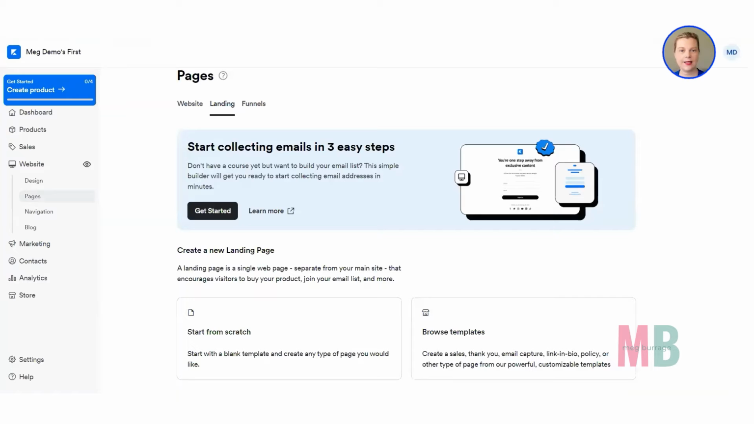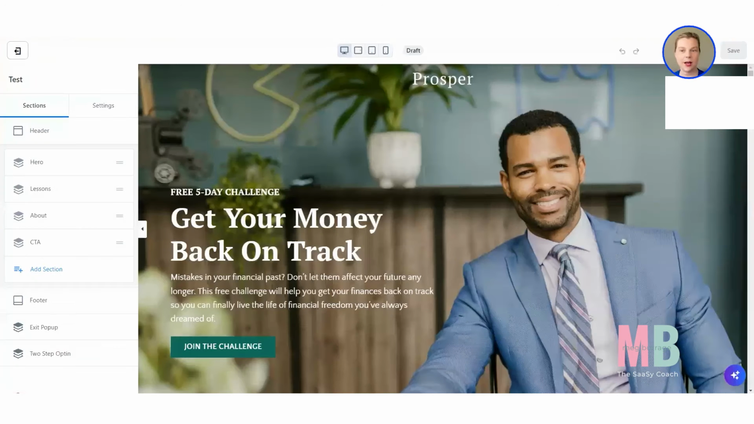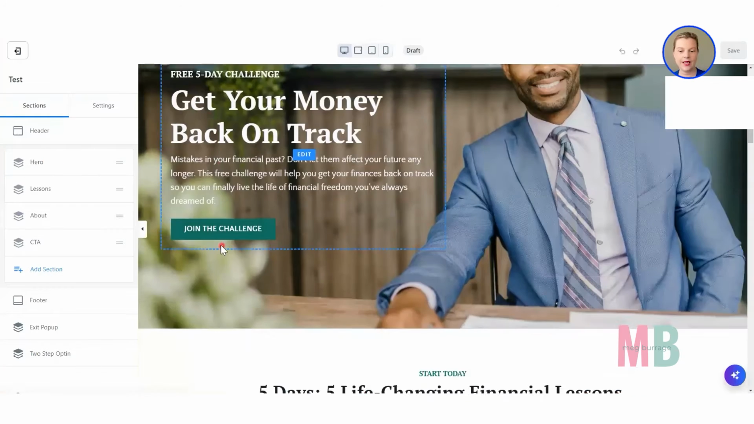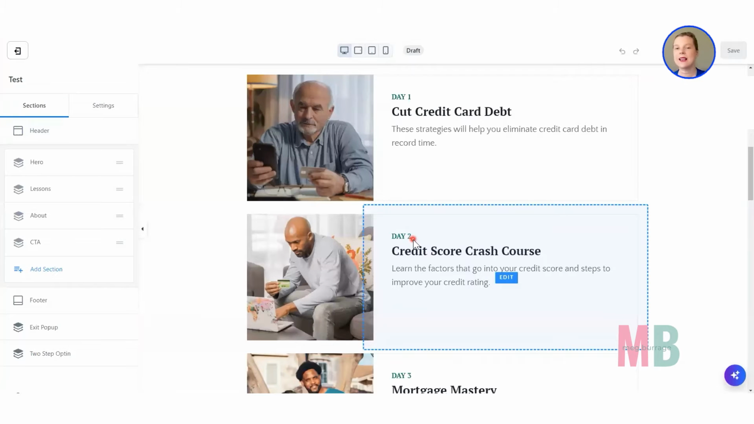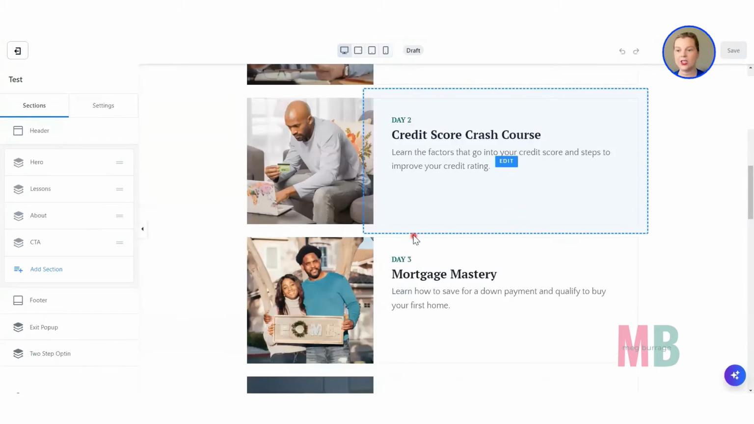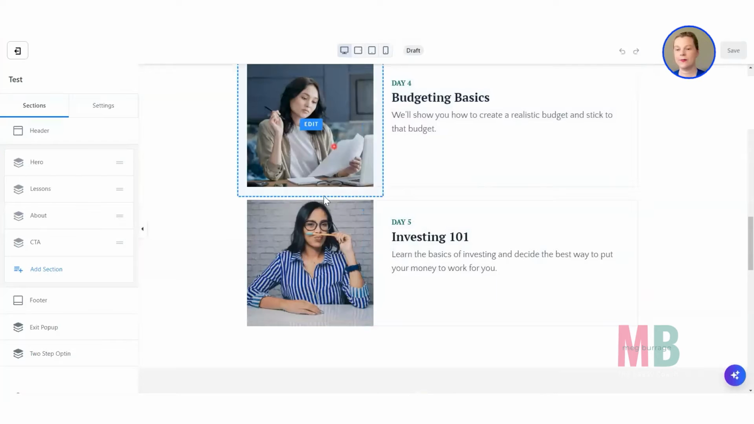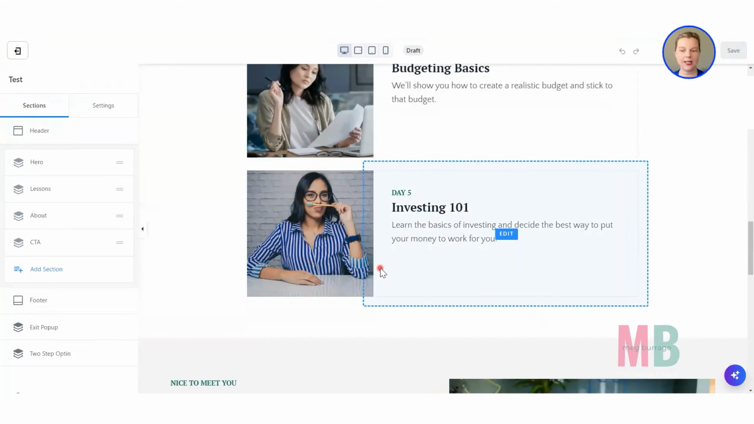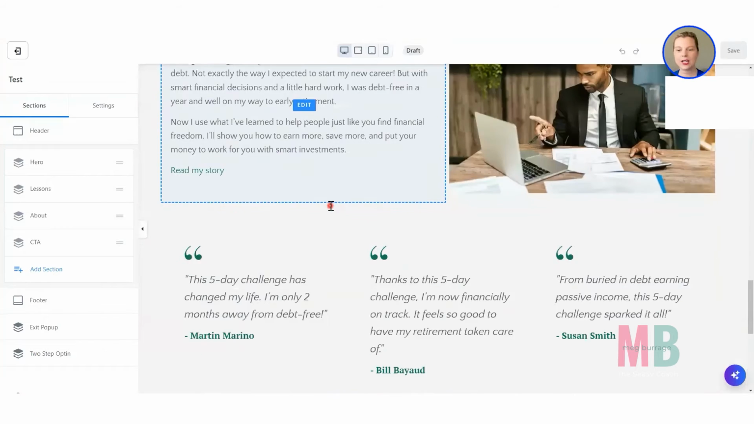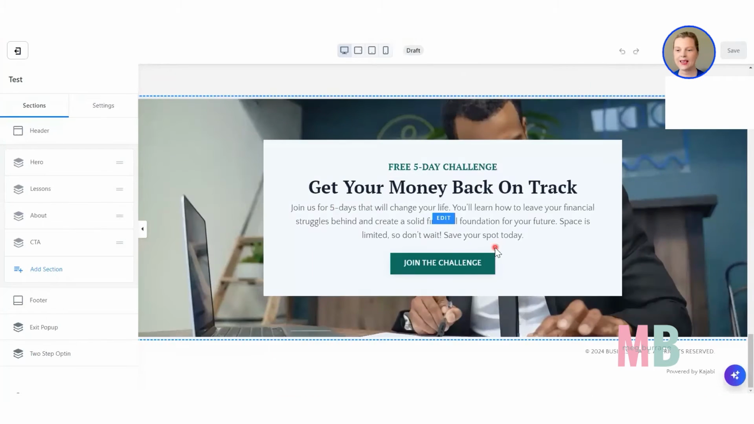Okay, now that test page that we created just with Kajabi's template is here. You can see it's a nice simple page. You've got a hero section, which is over here. We've got a section that talks about lessons. This particular page is asking people to opt in for a 5-day challenge. You can see here we've got 5 little sections talking about what's going to be taught in the 5-day challenge. Then you've got a little bio section with some testimonials and a final call to action asking people to opt